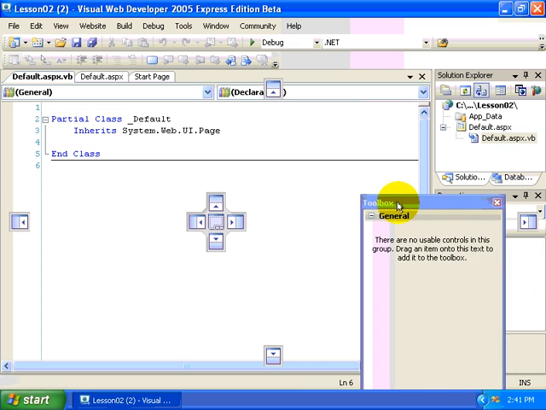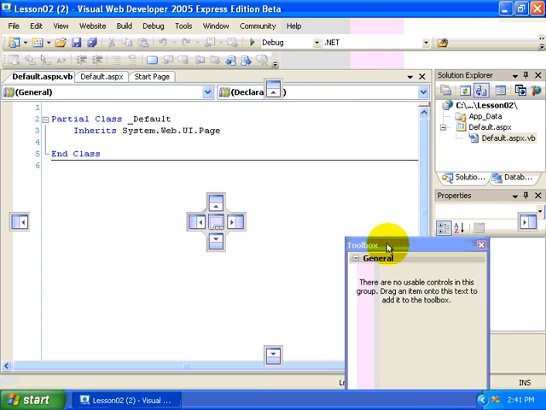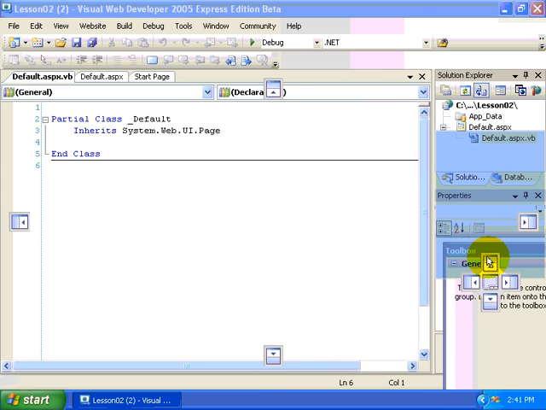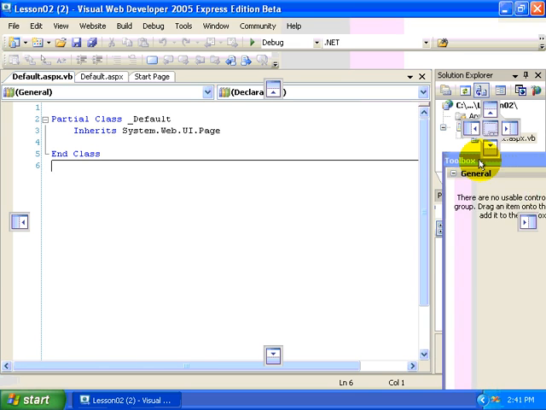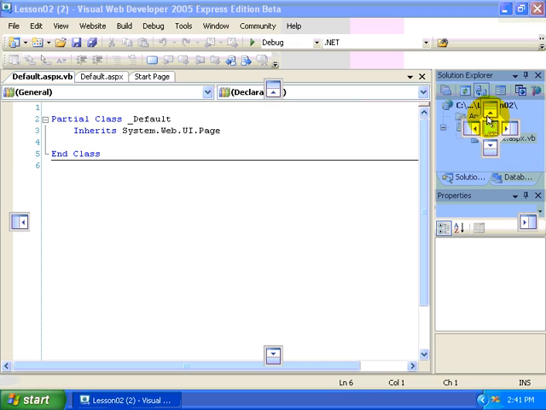Notice that I get these little helper windows that appear, these little helper icons, so that it helps me decide exactly where this will be positioned if I were to drop it at this time. You can see at this point, hovering here, it will become a tab group with the properties window, or I can drag it up here and it'll become part of the tab group